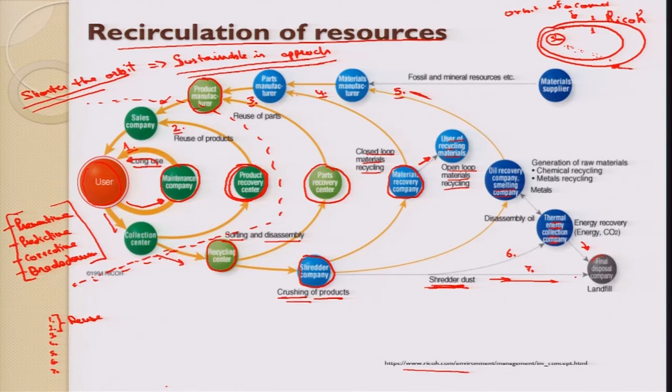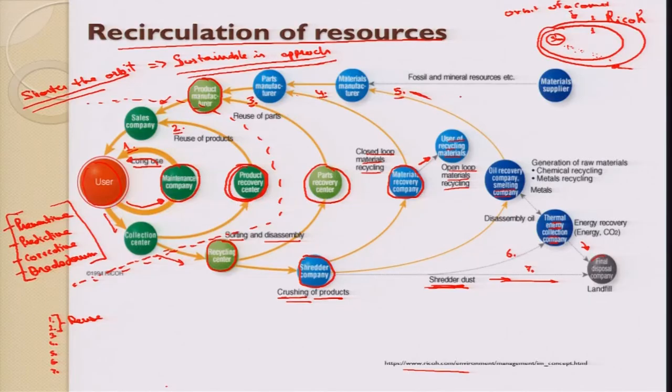It is landfill. So products like automobiles, which are small products, those are landfilled. And the big products like big houses, big ships, those are actually drowned deep into the sea. So that is also a big project to do. And finally, this fossil and mineral resources, etc., go to the material supplier by the material manufacturing company.